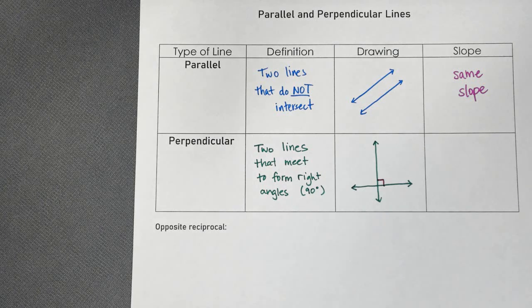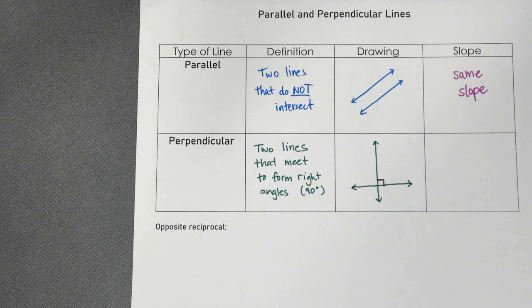So you guys have talked about right angles in your previous math classes. Do you guys know what other types of angles there are besides right? Obtuse, yep, and acute, a little angle, right? Less than 90. And then obtuse would be greater. Yep. So two lines that meet to form right angles. Okay, and then